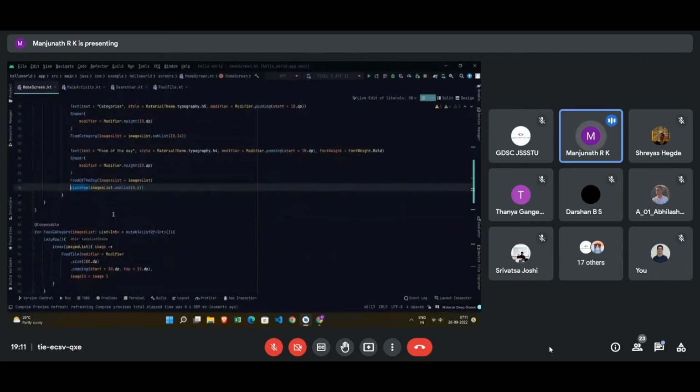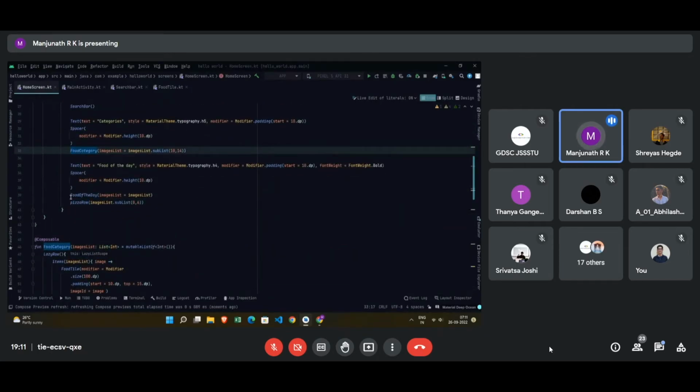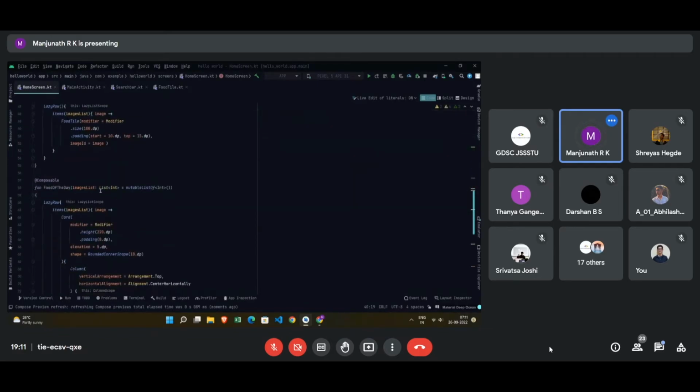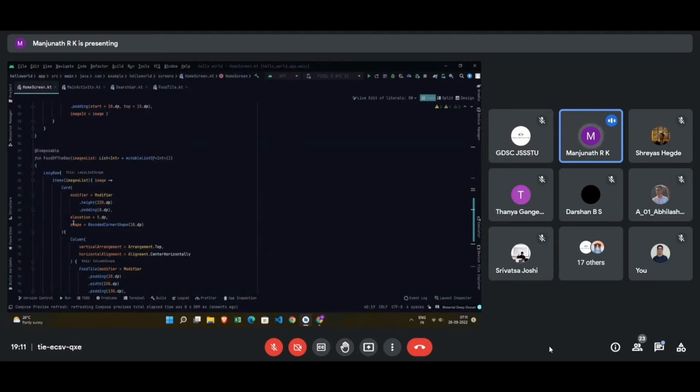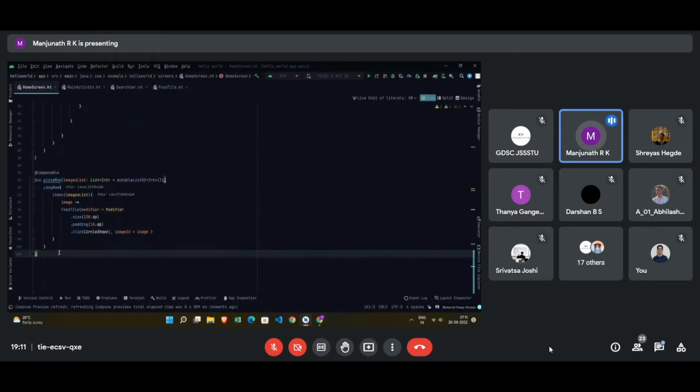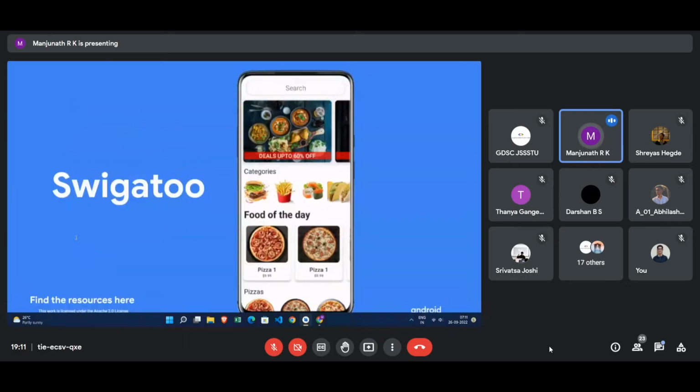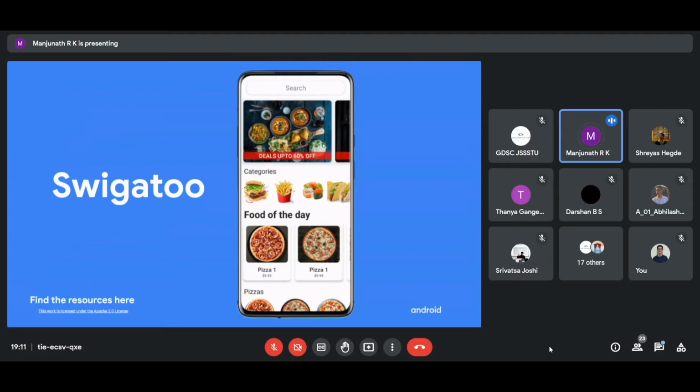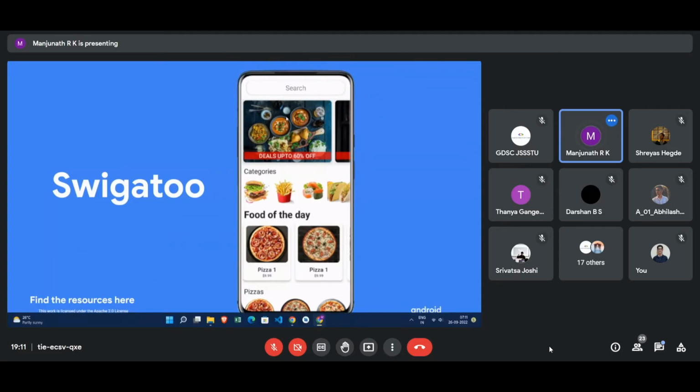Okay, we'll just comment over this whole thing. Food of the day, right? Past items. Okay. Next, we will be building something like this. Today's special. Yeah. This row of images. For that,